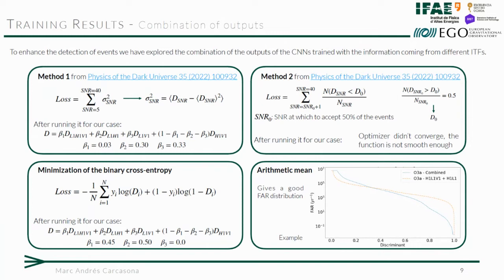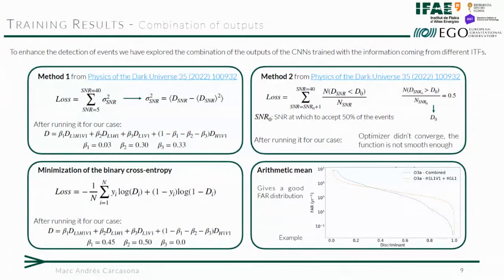So this is what we did. But in this case, the problem is that it's basically telling us to ignore 2 of the double combinations and basically only use the triple combination and then the double that includes only LIGO. And this is also bad because, and this is why we have this plot here on the right, if we only use two